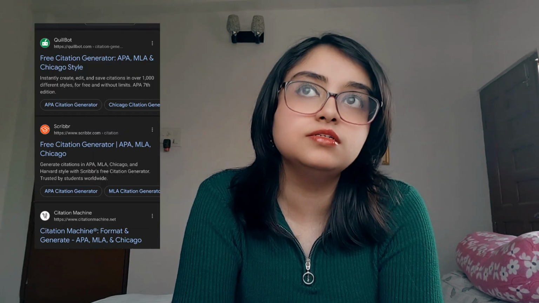So on the internet you would find that there are citation generators. Citation generators are websites where you can just go and specifically give the website or the source that you have borrowed your work from, and you can just click on it. They will generate the citation for you. There is a Bluebook citation generator, there is an ILI citation generator, there is a citation generator for every style, every format that is there. So it becomes easy in that way.